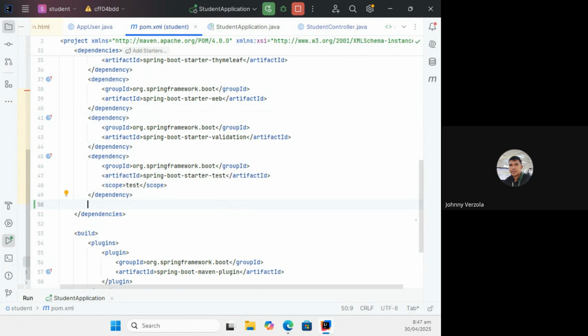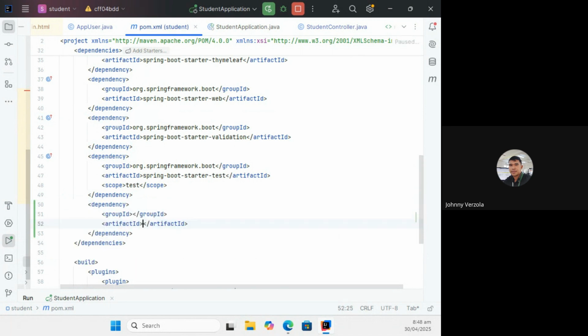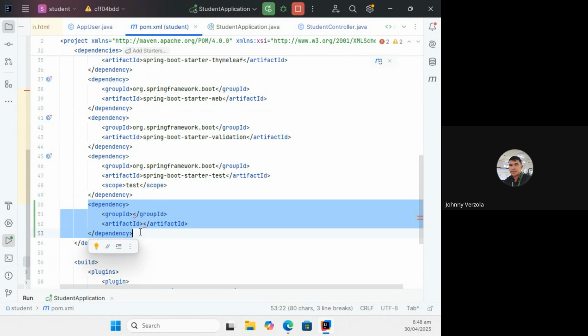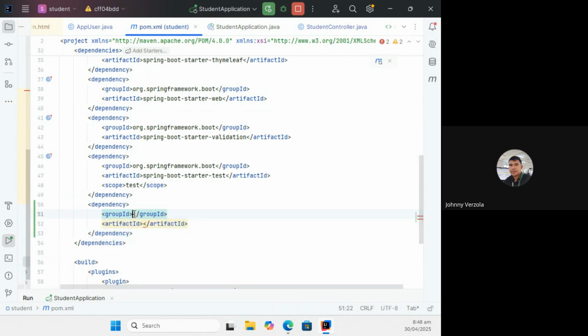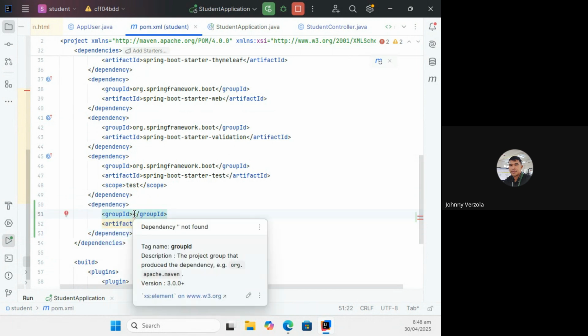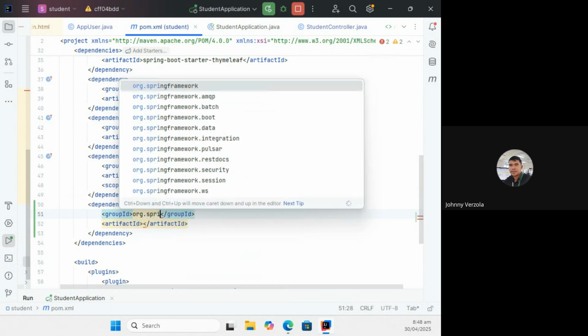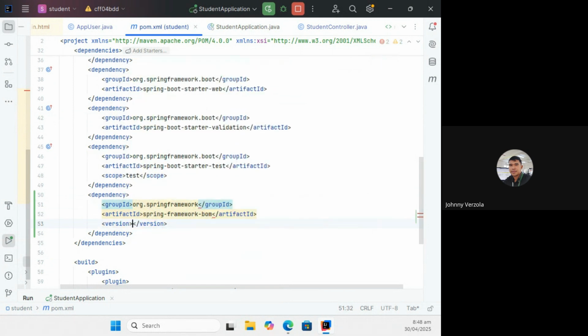So to add a dependency, we create a dependency entry. The group ID is org.springframework.security.